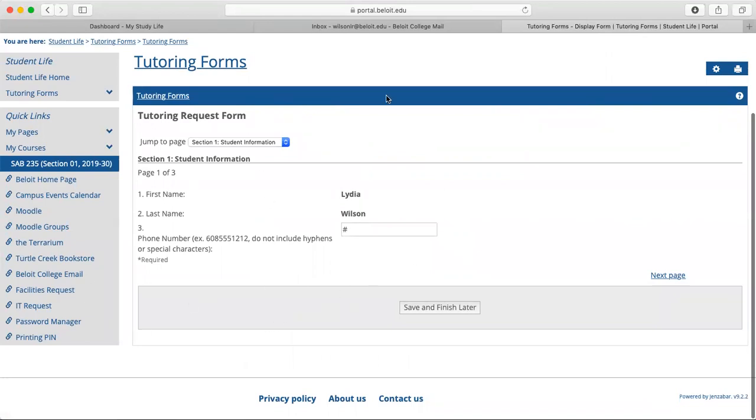So this is your basic information. I just put the number sign here because I'm not going to write my actual number, but this is where you would write your phone number. This is just so the office can contact you if need be. And then it has your information here. And then you go to the next page,